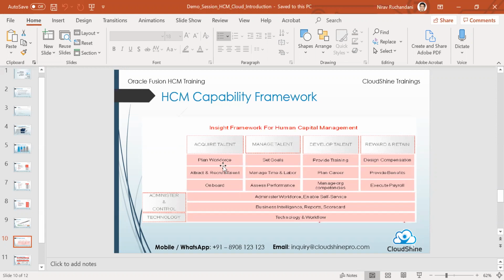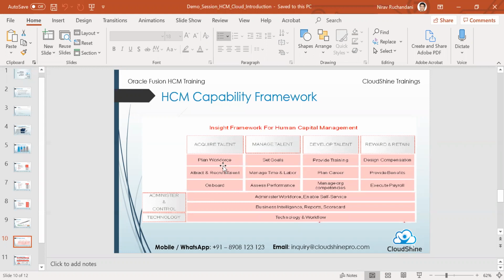For example, say planning of workforce may not necessarily fit into the recruitment module per se, or maybe fitting into the different modules, say the core HCM or the employee lifecycle piece as well. And say for example a recruiting talent. So this slide basically talks about overall how the process is structured, or the process is divided into the different